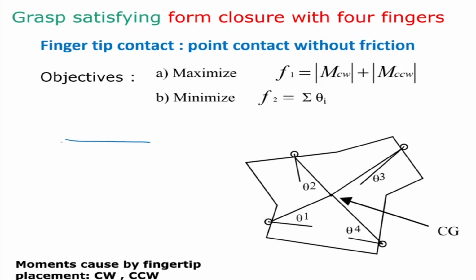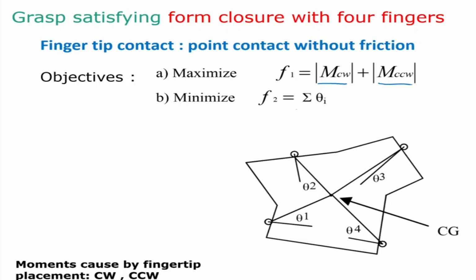So if you have an object like this, if there are 2 fingers which are pushing like this, there is 1 finger pushing here, then there has to be one opposing this side, and if there is one here, there has to be one on the opposing side there. Okay, so basically what we are saying is that if there are opposing moments, then that gives you the best solution. Right? So we are going to place our fingers such that the clockwise and anti-clockwise moments balance each other, or we are going to maximize this.